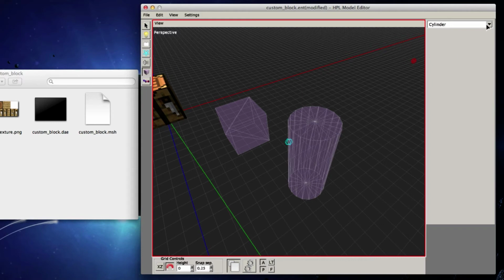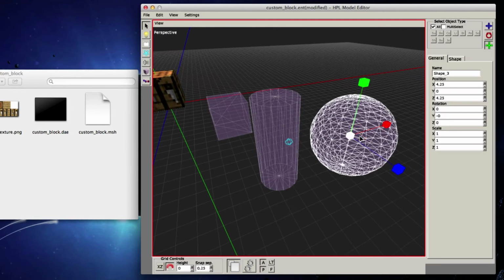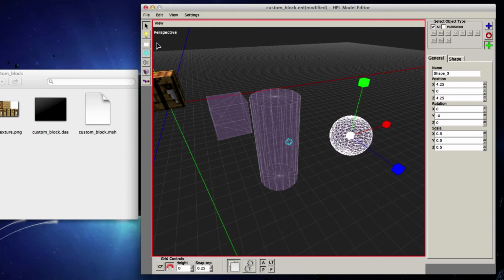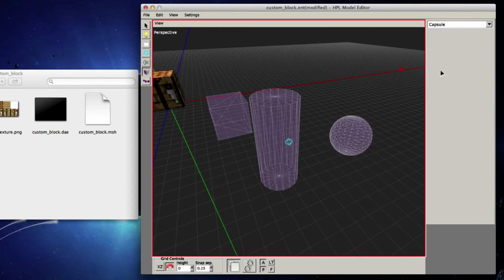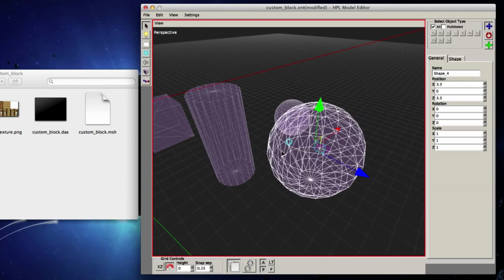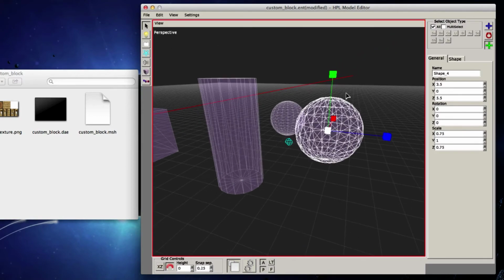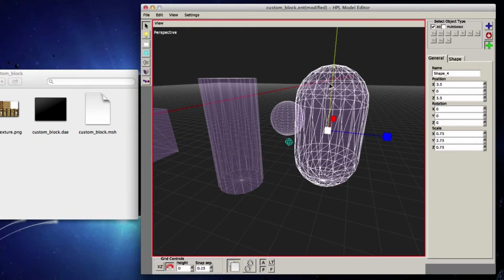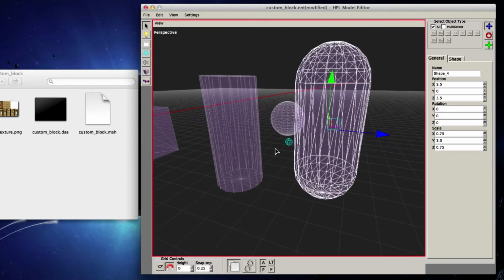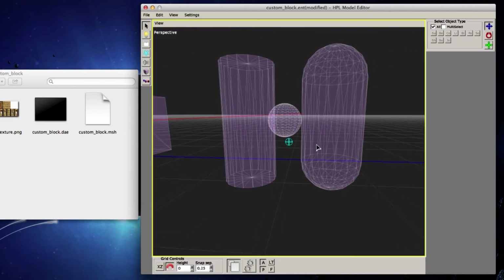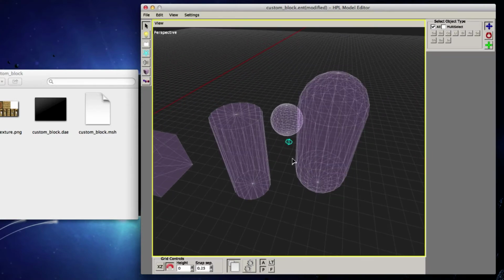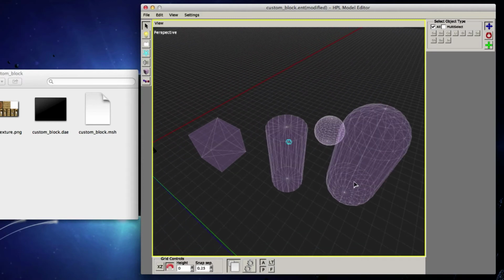And then you can go on sphere and capsule. They start out the same. The sphere is as you think, it's just a sphere, but the capsule is like a sphere, except you can resize it vertically like this. So that's how they end up looking. If you want to have a very advanced collision box on your model,